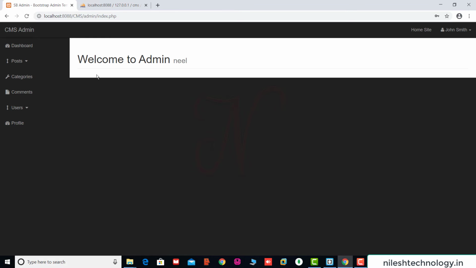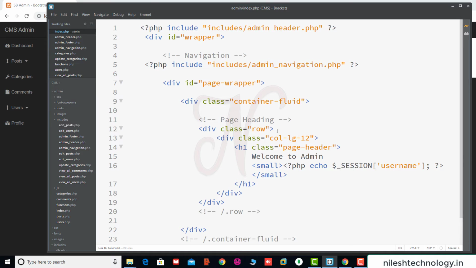You can also use your username instead of this admin. So just go here to welcome to, and this script is replaced instead of this admin word. Okay, so use it anywhere you want. Okay, so save these changes.